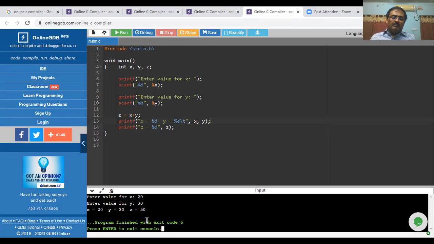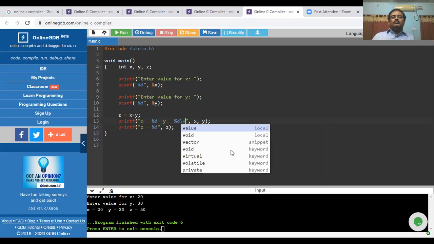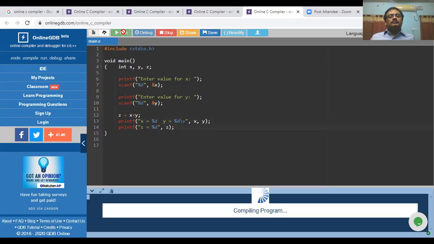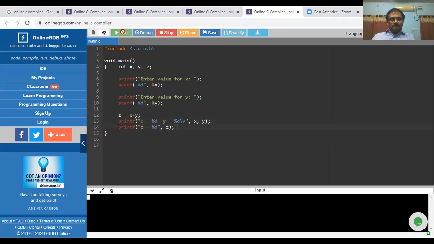But of course, I am running this program using some online available compiler. Maybe it has its limitation, that's why it is not printing 8 spaces here. Vertical tab. So it is jumping to the next line.